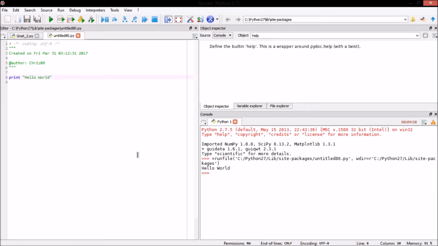Let me quickly explain what I just did there. The first is print. Think of print as display. You're telling Python to display or show whatever comes after print. It's going to be shown right over here. And then the second thing, you can see that Hello World I wrote inside